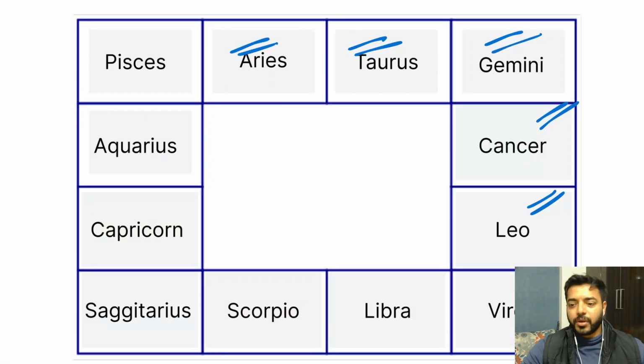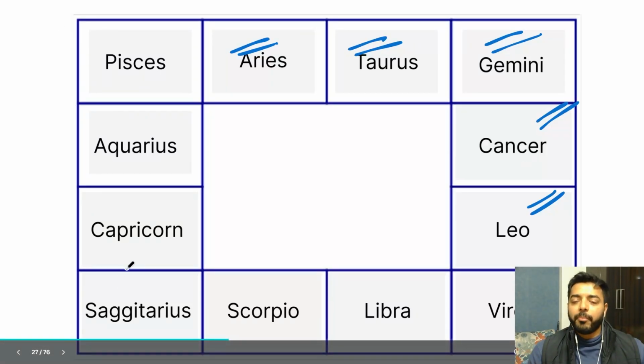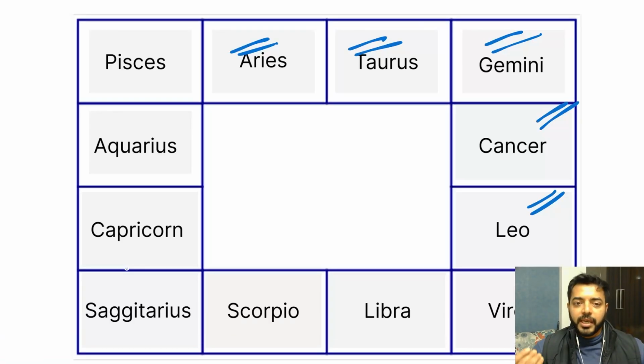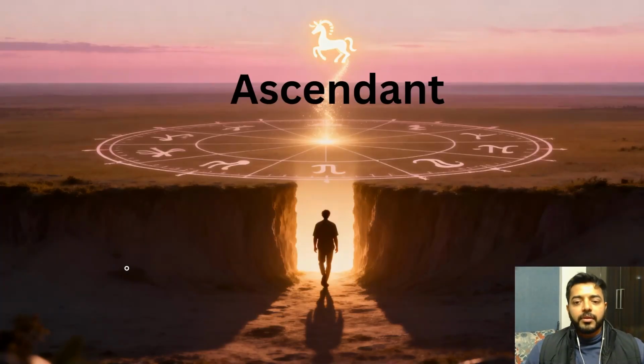Okay, these things do not change, and you do not need to remember it at this point of time, because as you go on watching the other chapters in this course, you will be able to even remember each and every zodiac and able to understand what exactly the zodiac is, how does it work, how does it impact a human being, right? So now we come to the most important part of Vedic astrology, the ascendant or the lagna,